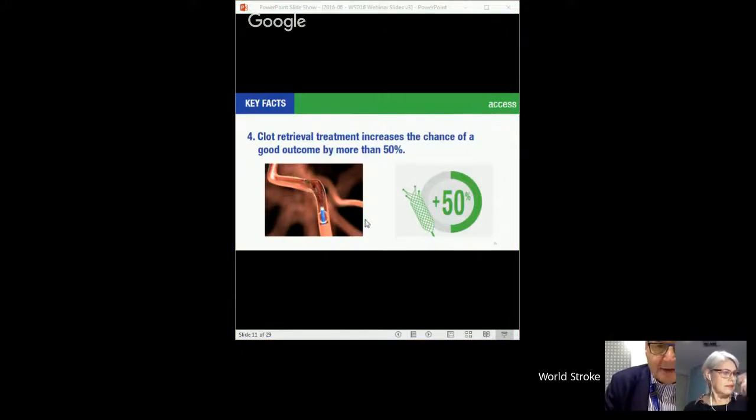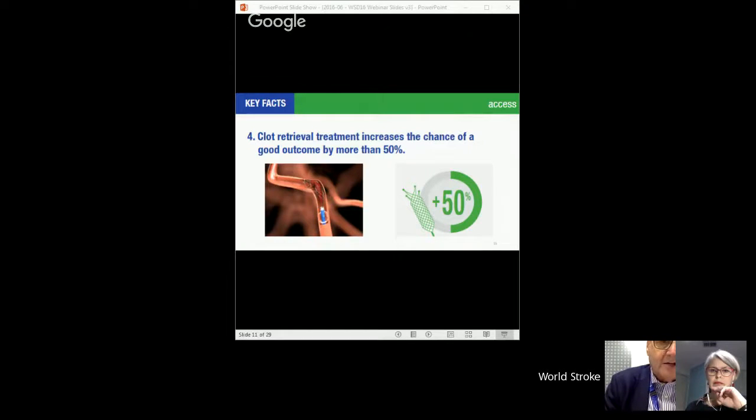The next key fact relates to one of the most dramatic changes in stroke therapy, certainly in my career. In 2015, only a year ago, there were 5 major publications in the New England Journal of Medicine, our leading medical journal, that showed unequivocally that in patients with acute ischemic stroke, that is where a blood clot is blocking a vessel to the brain, where patients could be treated within 6 hours with what we call clot retrieval treatments